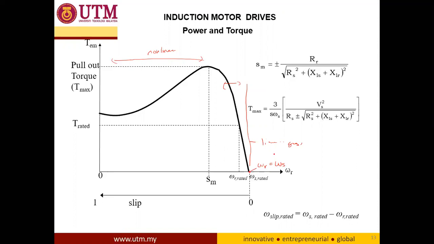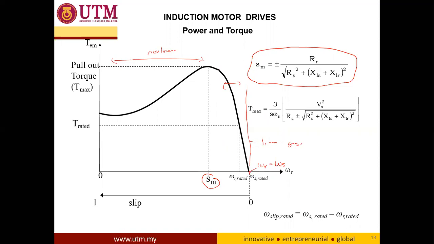And as you can see here, when the motor is at a standstill, it requires a torque value to start rotating, and the maximum torque will be produced when the slip is equal to Sm. So how to calculate Sm? This is the equation to calculate the slip value that gives the maximum torque. Okay, and